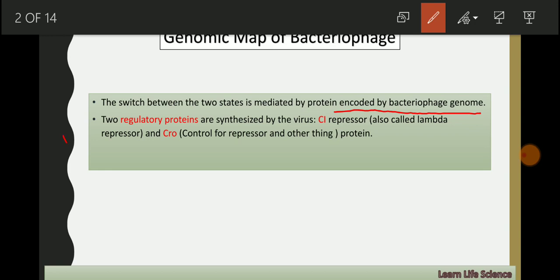The two regulatory proteins are synthesized by the virus, that is C1, that is acting as a repressor, also called as lambda repressor, as well as the CRO, which is having a regulatory role which controls the repressor synthesis, that is the C1 synthesis. So these two are the major proteins that are involved in the switch, and the thing you have to remember here is that C1 repressor is involved in lysogenic pathway as well as the CRO repressor is involved in lytic pathway. Okay,